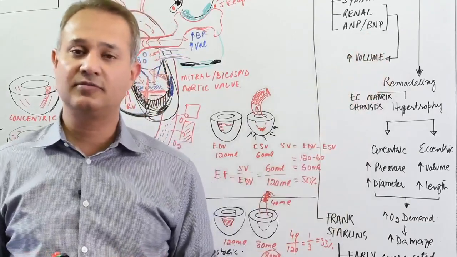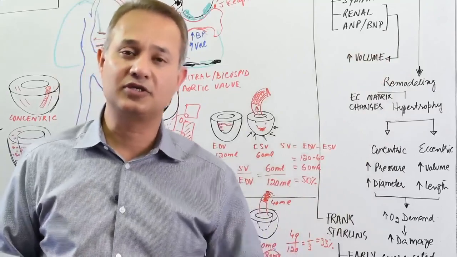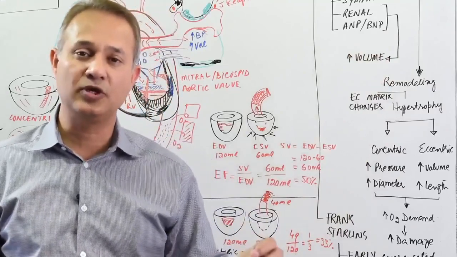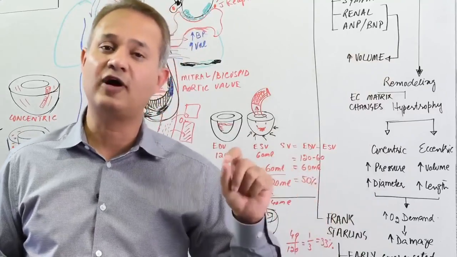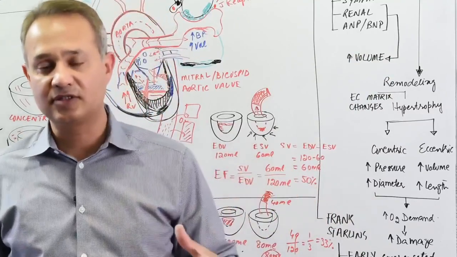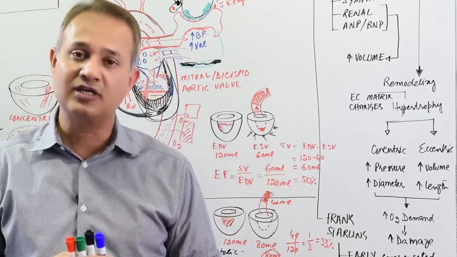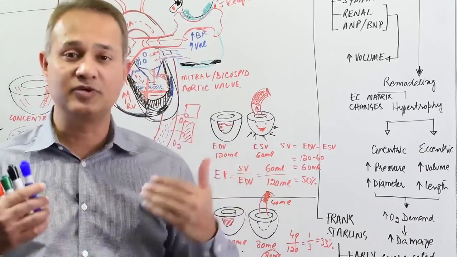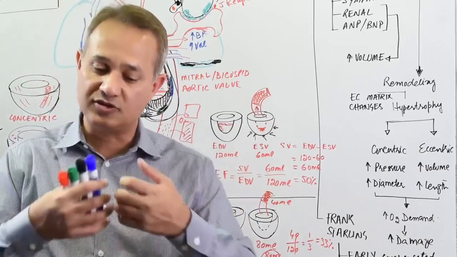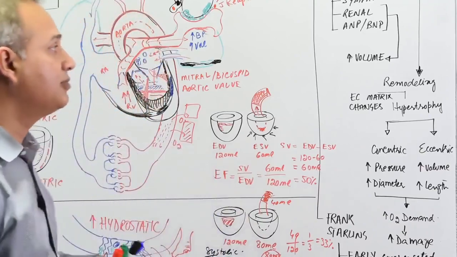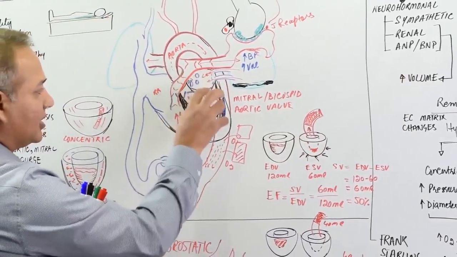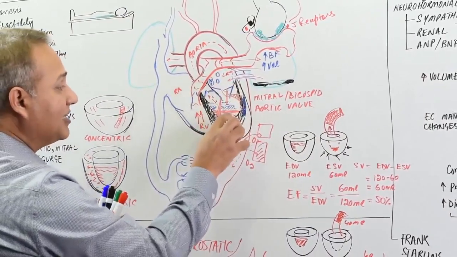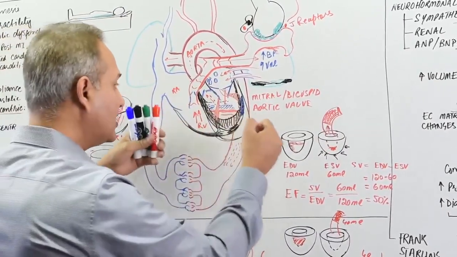So look, there were some other than human creatures, porcine creatures, in whose brain this hormone was found first. That is why it was called brain natriuretic peptide, and then it was found to be released from the ventricles as well, when stretched. So now both ANP and BNP are released: ANP from the atria, and BNP from the ventricle,